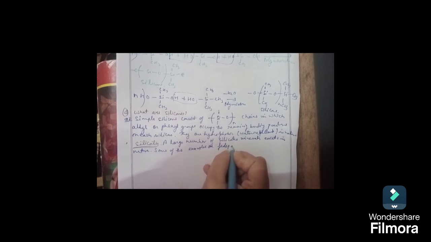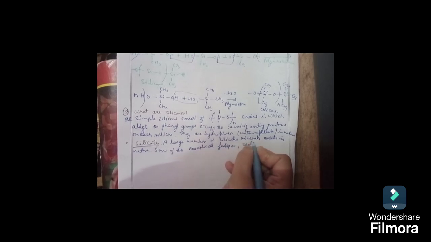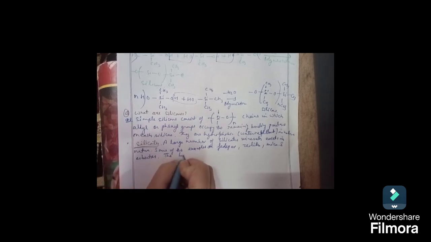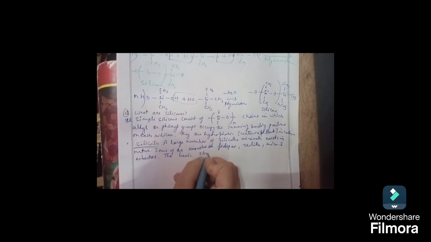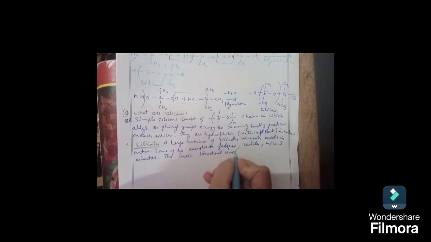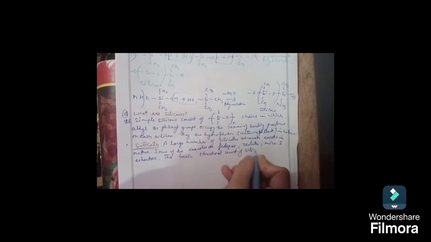Some of them are feldspar, zeolites, mica, and asbestos. The basic structural unit of silicates is